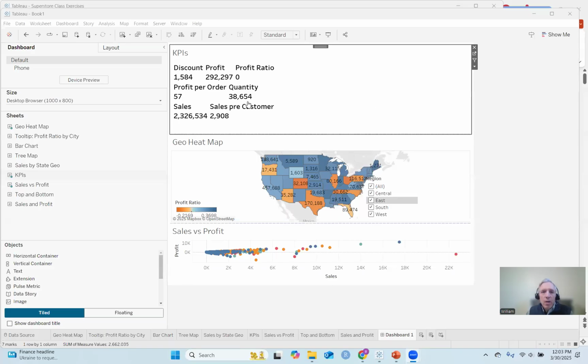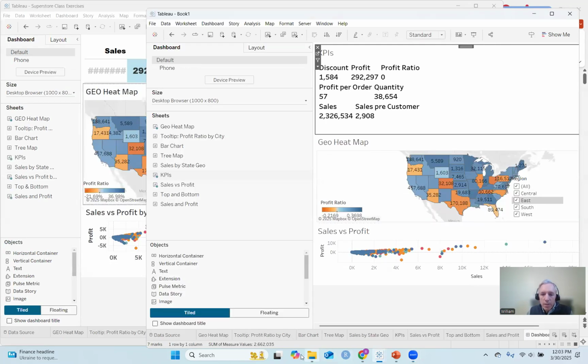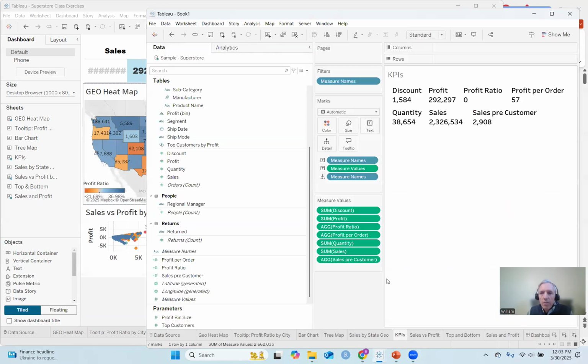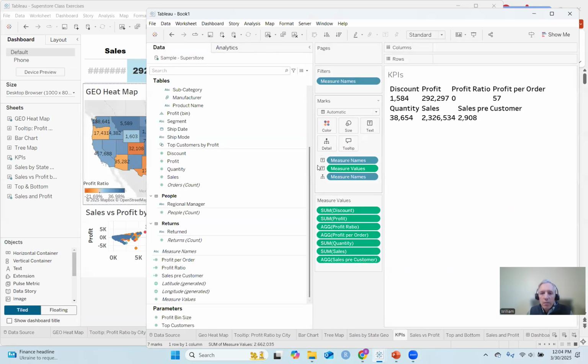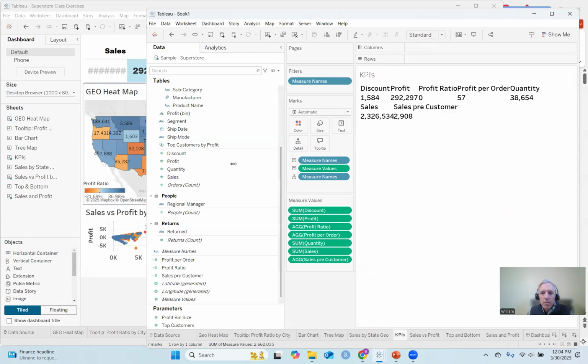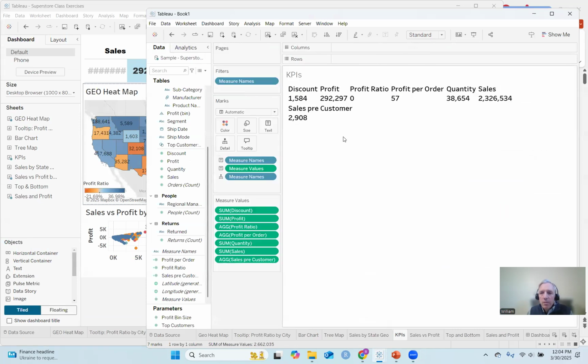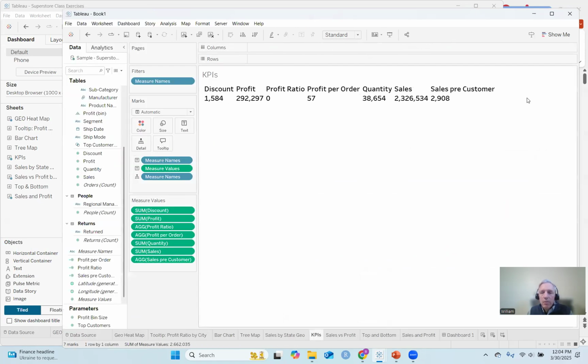Okay, so for some reason Tableau has decided to redraw this. I made it a little bit bigger to make that work right, but it has decided to redraw this. If I go to my original KPIs, they're not quite nicely formatted, but let me press it down. So this is kind of the way I want it. I have quite a bit of automatic stuff going on, but I want this